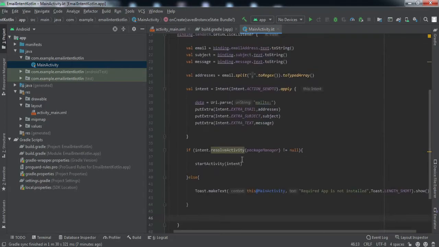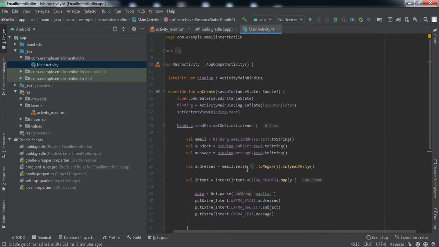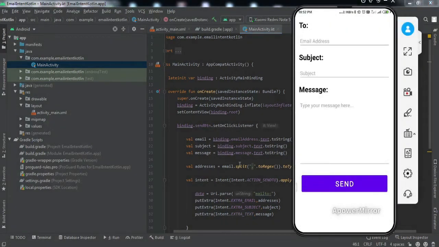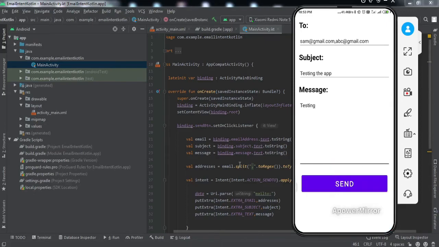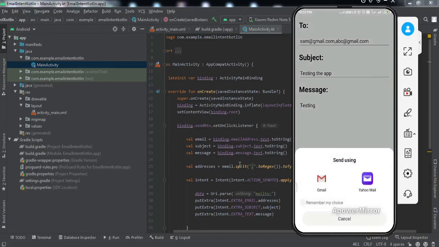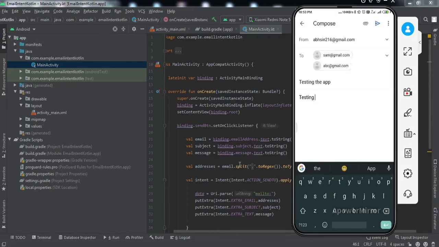So that is pretty much everything to implement this feature in our Android application, right? So let me just quickly install this app on my cell phone and check if it is working fine or not, right? So okay guys, the app has been installed on my cell phone, as you can see on my mobile screen. Now if I just fill up all the required fields, so I have put in the data inside all the edit text fields. Now if I just click on this send button, and then click on this Gmail, here you can see all the data has been filled up inside the Gmail app, right?